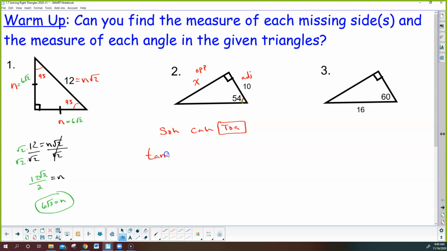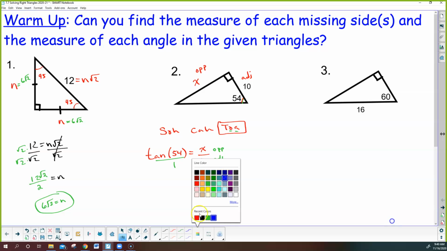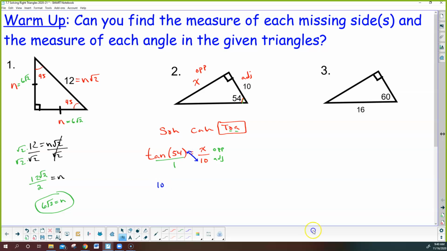So I'm going to take the tangent of the reference angle is equal to the ratio of opposite over adjacent. And some students like to write opposite over adjacent so they can see where this tangent ratio comes from. And then remember, think of that as a 1. And now we're going to cross multiply. So we're just going to take 10 times the tangent of 54 degrees has to equal 1 times x, or just x,